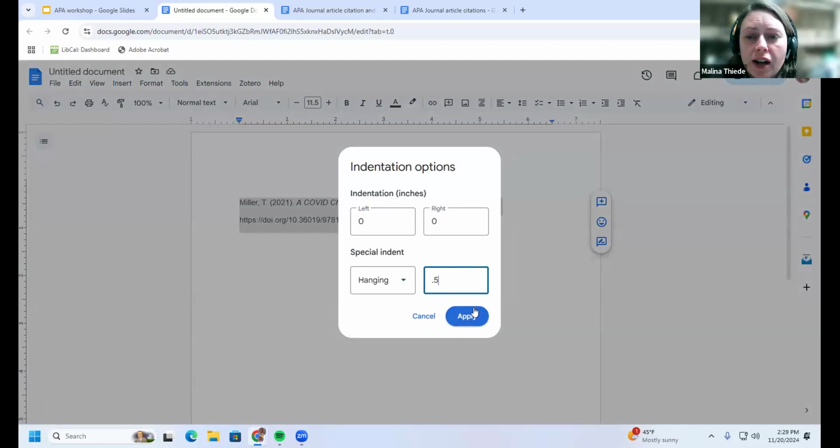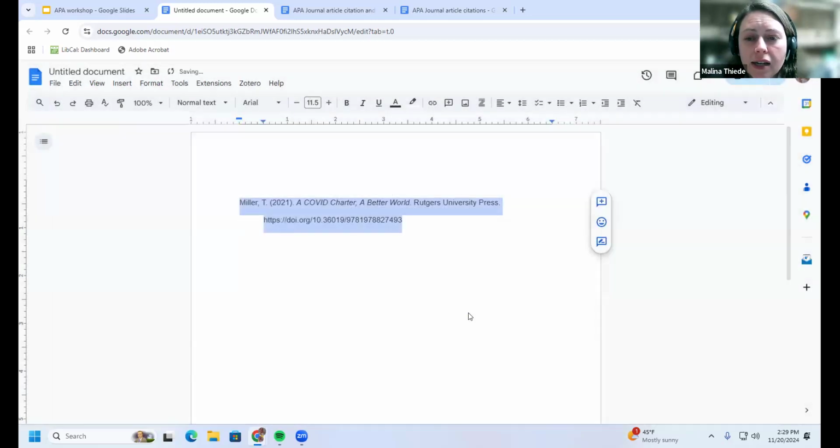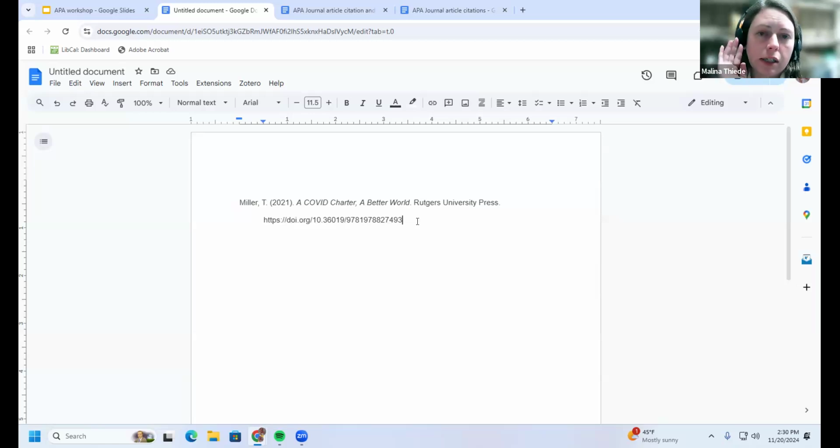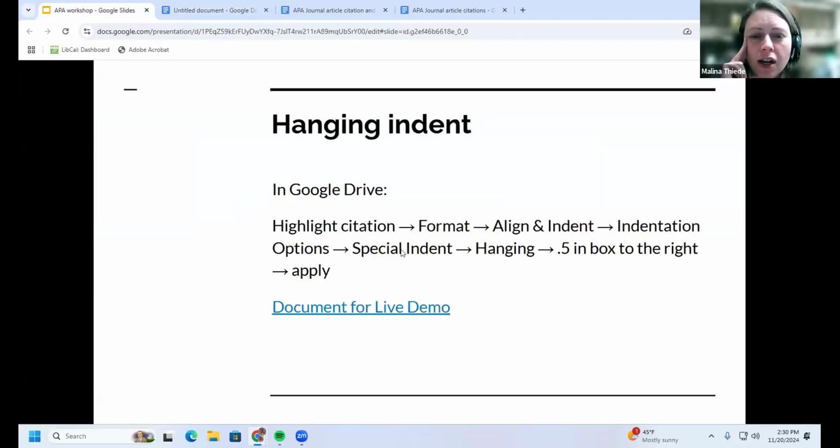So you would enter 0.5, that's how much you would want to indent it, and then apply, and it should do this nice hanging indent for you, with relatively less crying. Hopefully that's helpful for you. If you need to follow the instructions, I will be including the slides with this presentation, so you'll have that slide to refer to.